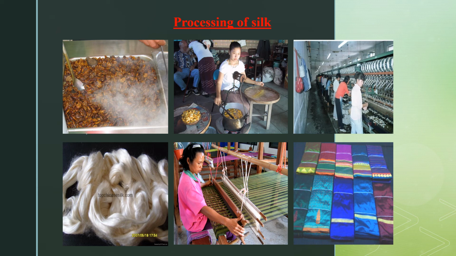Now, the usual silk is the mulberry silk. Depending on their texture, smoothness, shininess, silks are of many varieties. You have the Tassa silk, the Mocha silk, the Kosa silk, etc. The silk industry is an industry which solely depends on the silkworms and its